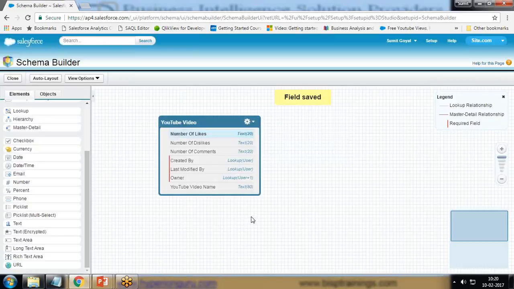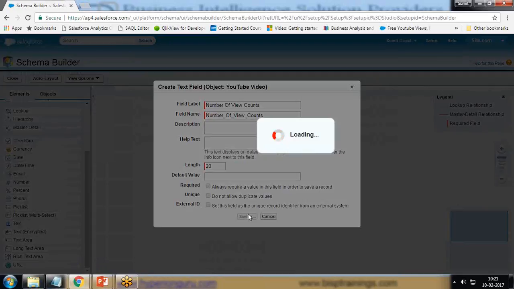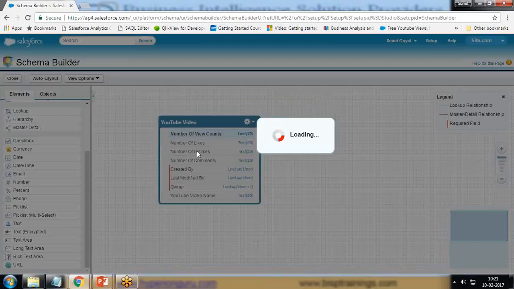Save it. The next field will be number of view counts, so I drag and drop, number of view counts, this also 20. And finally I want to have a video ID, so this video ID is also text,